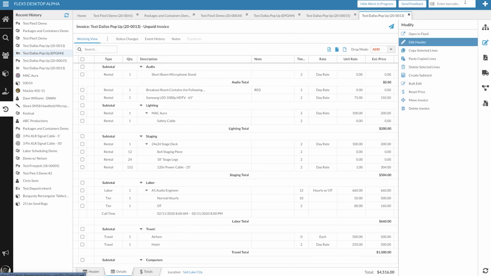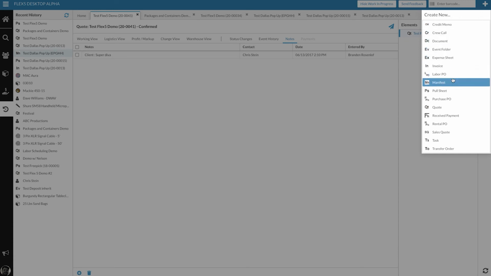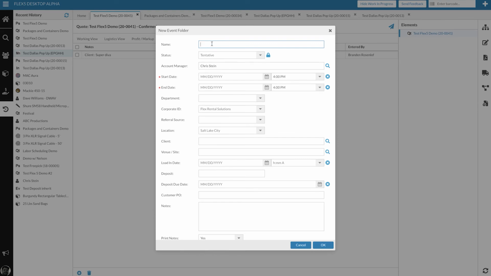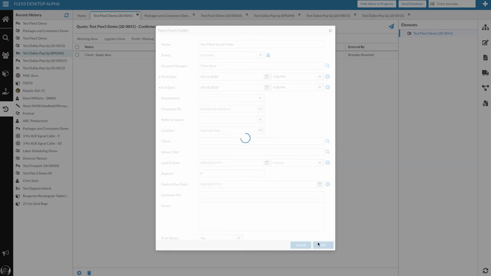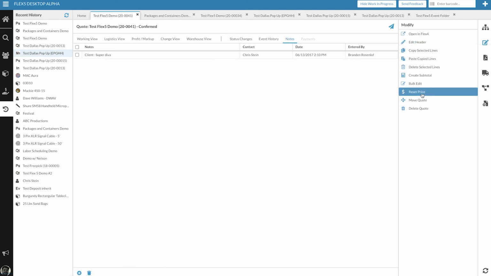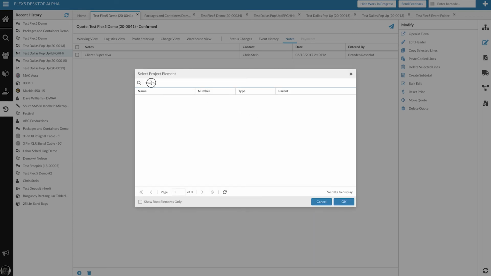I'll give you a quick example. Let's say I started this test Flex5 demo, and now I want to say, you know what? I need to create an event folder for this. And let's put some dates in here. And I'll just start that really quick. If I go back to this job and let's say let's move it, I'm going to do a search for,